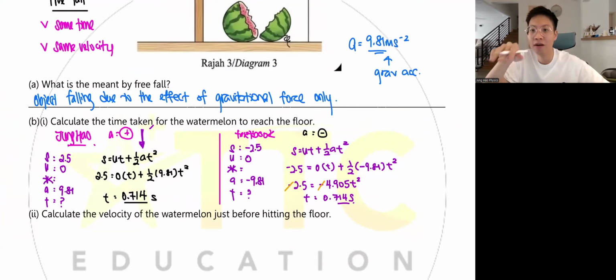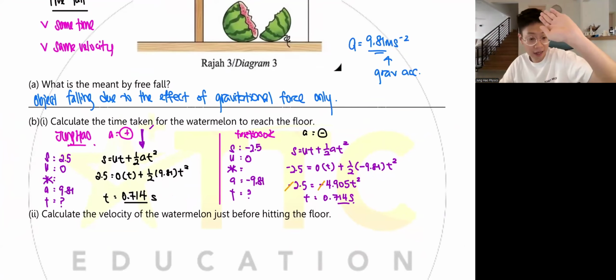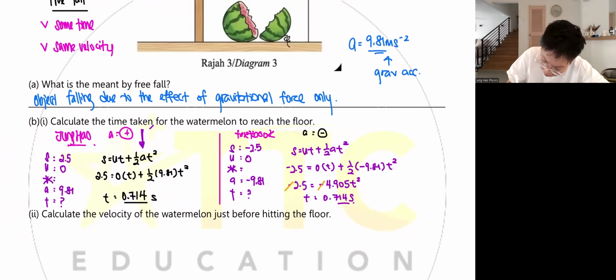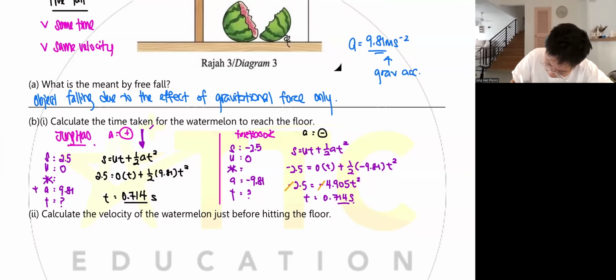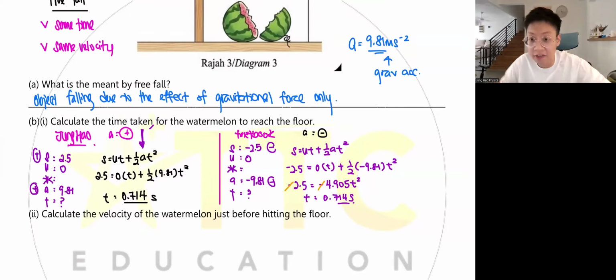Because of this one, it's your school teacher's problem. Okay, guys, before you ask me, teacher, is your method acceptable or not? You see, my method is A is positive, S is positive. S negative, A is negative. Why? We look at the best way to determine if a method is acceptable or not.